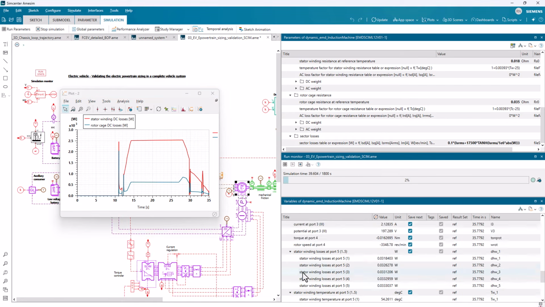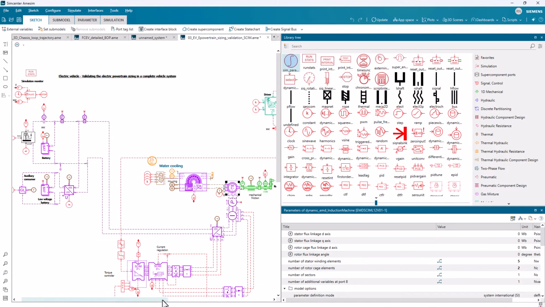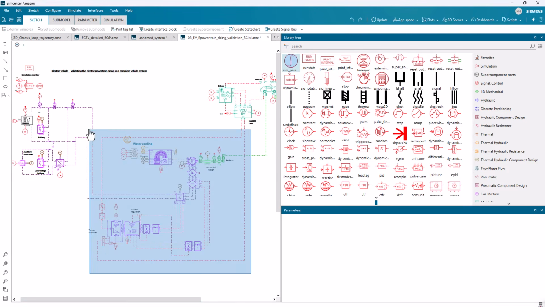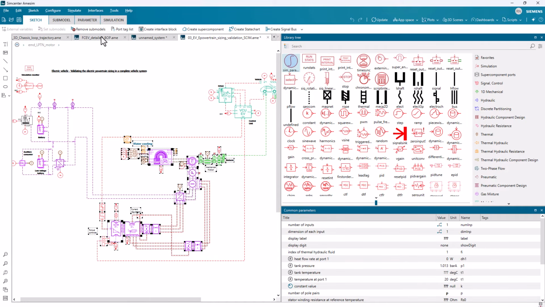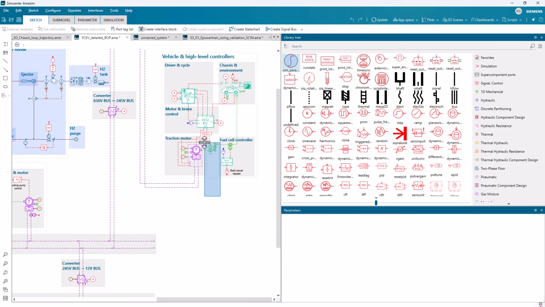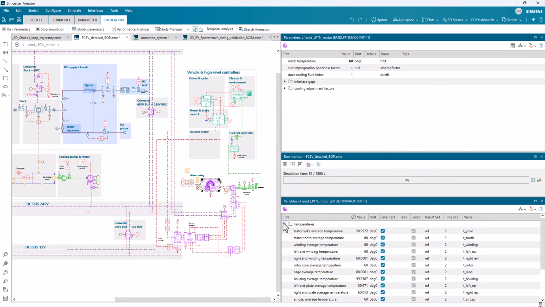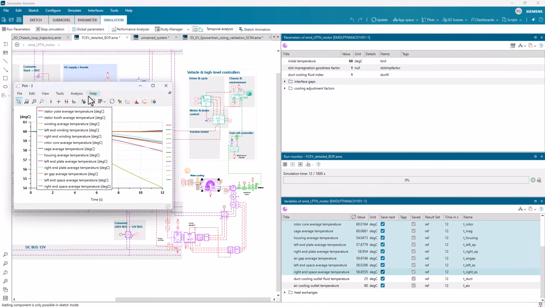Here, we will copy this model and its corresponding thermal management and control system models into our fuel cell vehicle to replace the current functional model of the permanent magnet machine. We run a validation simulation to check if the electric machine model runs well within the powertrain, and we can plot individual temperatures of the induction motor parts. We can now accurately estimate the heat released by the powertrain's components. We can start resizing the thermal management system.